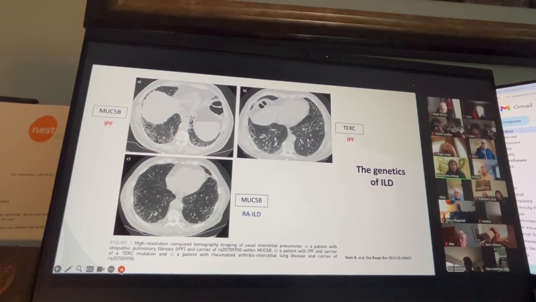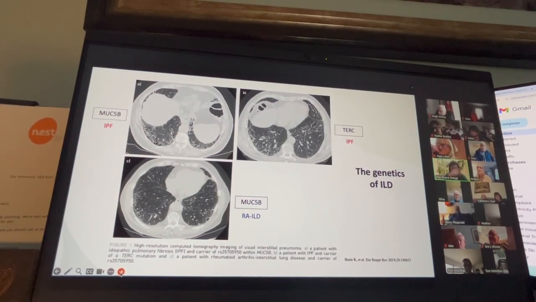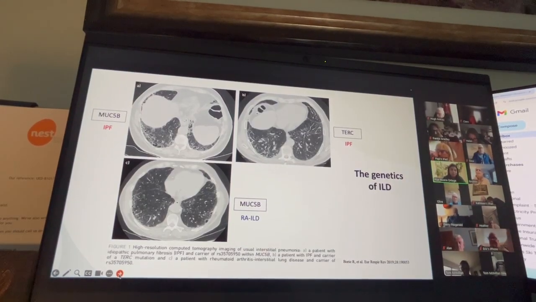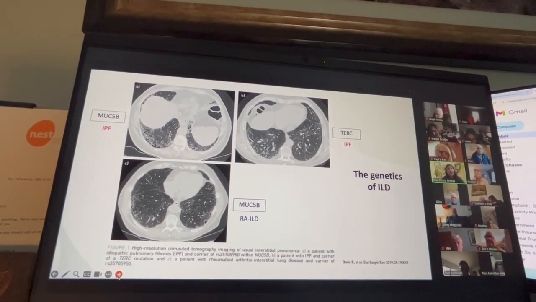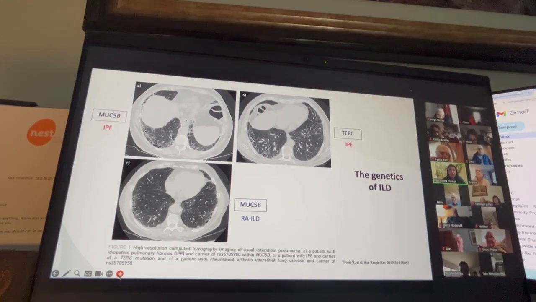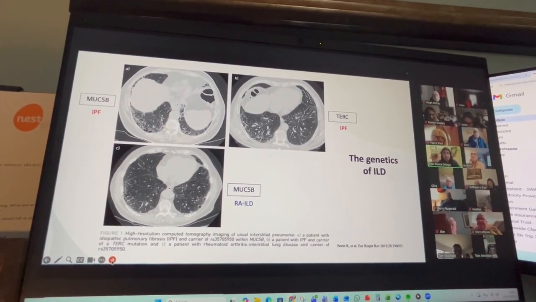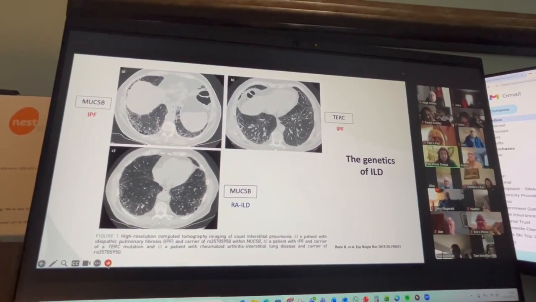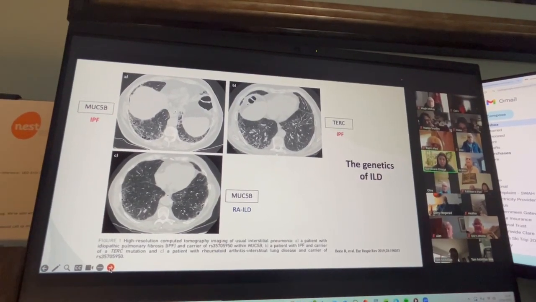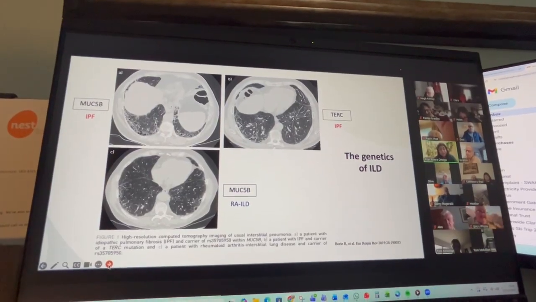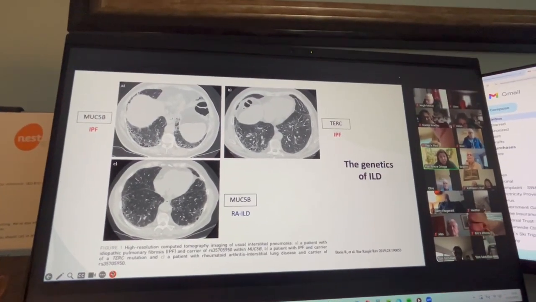Now, we talk about CT scans, and of course, I'm not pretending that you will be experts about how to read CT scans, and we are not in front of radiologists. Just to say, unfortunately, we don't have a CT scan that will be the same one for all the patients with genetic predisposition. Unfortunately, we don't have. And even CT scans at the beginning maybe look like not too bad, like this one,